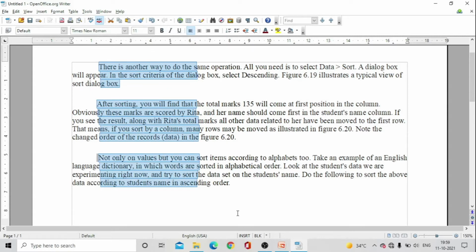Now I want to escape this block mode. So how will I escape? I told you about the toggle button, right? So what is that toggle case button? It is Alt plus Shift plus F8. So the shortcut key which I used to enter this block mode, I am using to escape also.